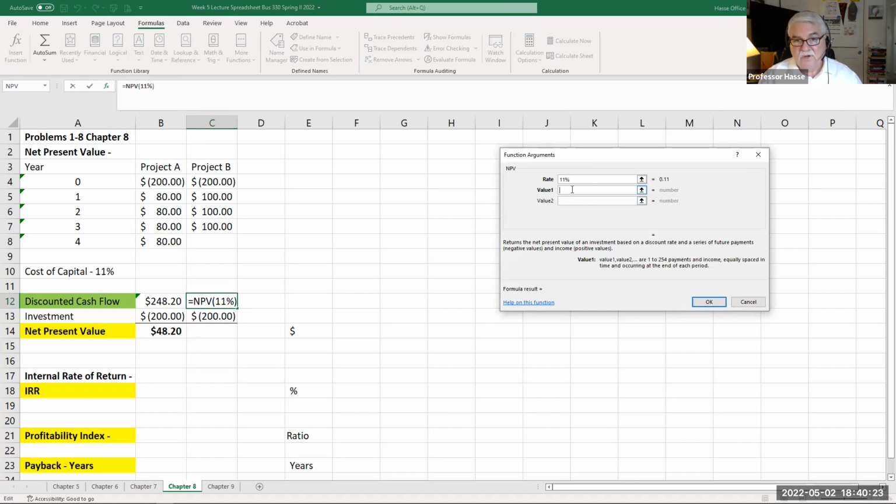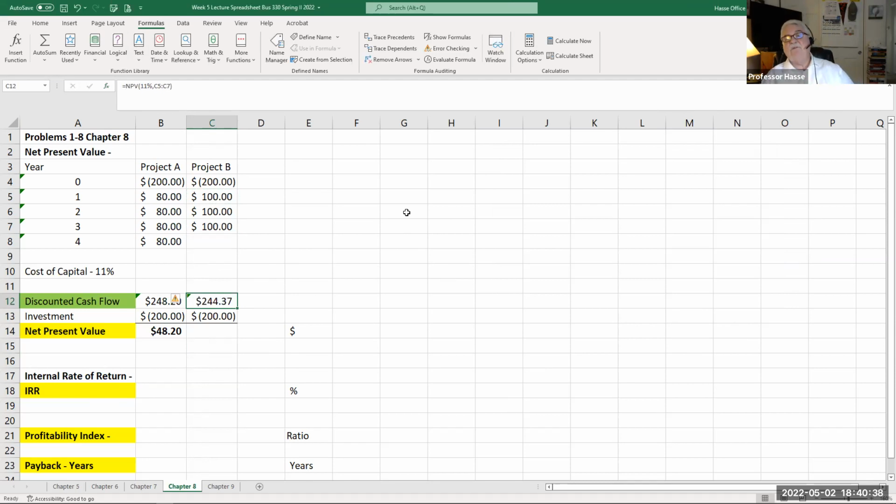But now the values are for those 3 years, year 1 through 3, C5 to C7. Now it takes those $300 and discounts them at 11% cost of capital, $244.37. Take away our investment, which is the same in Project B, even though they're totally different, and we get a net present value of